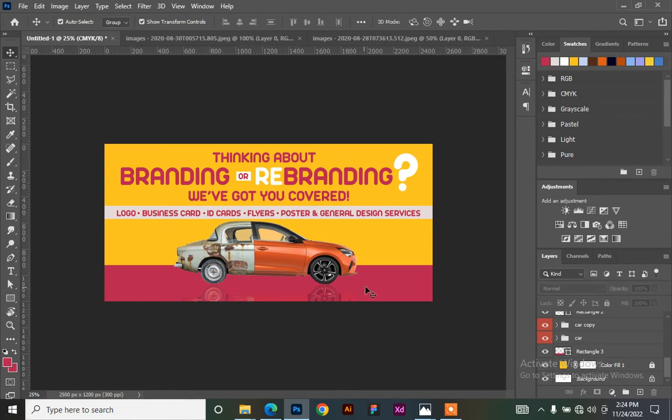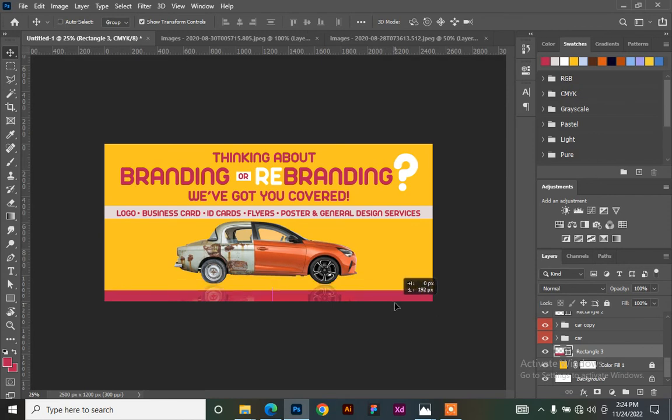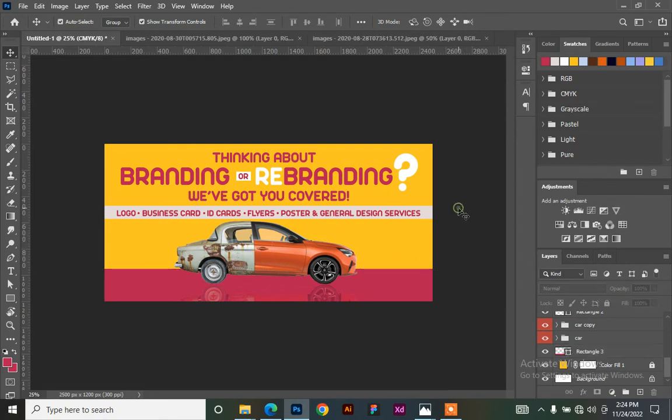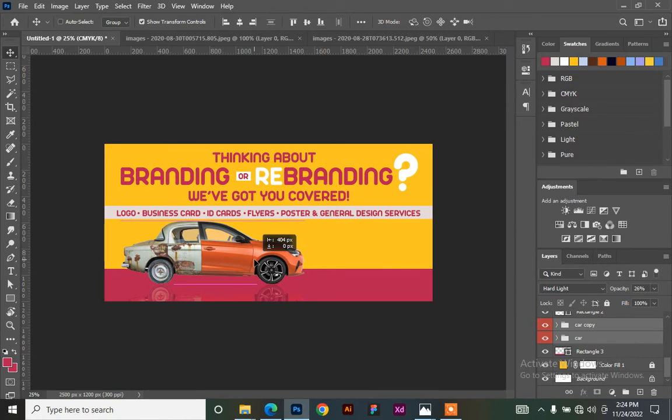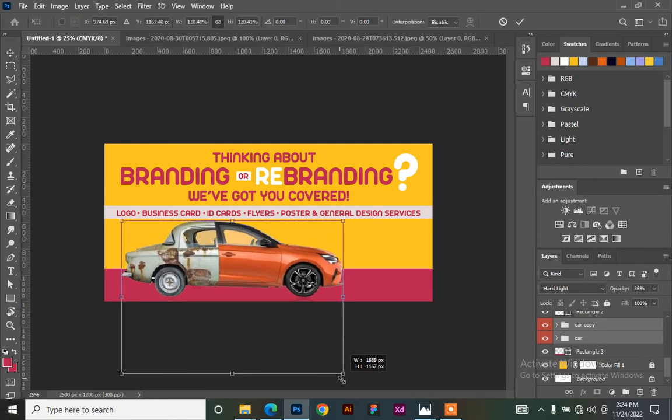So I would just like to, I don't know, this works like this. Let me select both layers. Okay, I think I'll drop it here, and then I'll increase the size a little bit